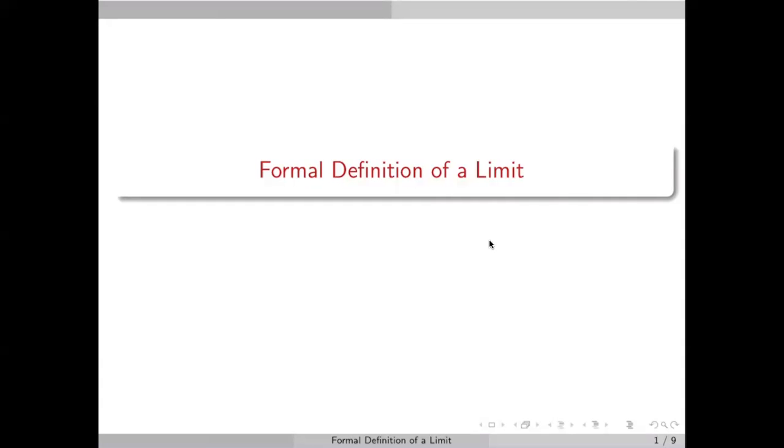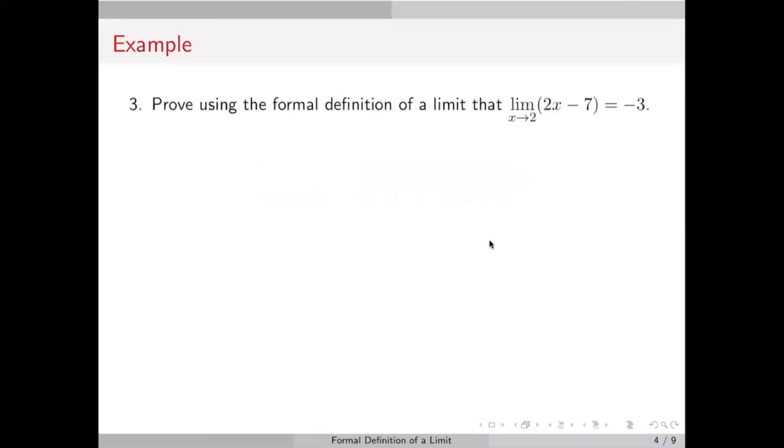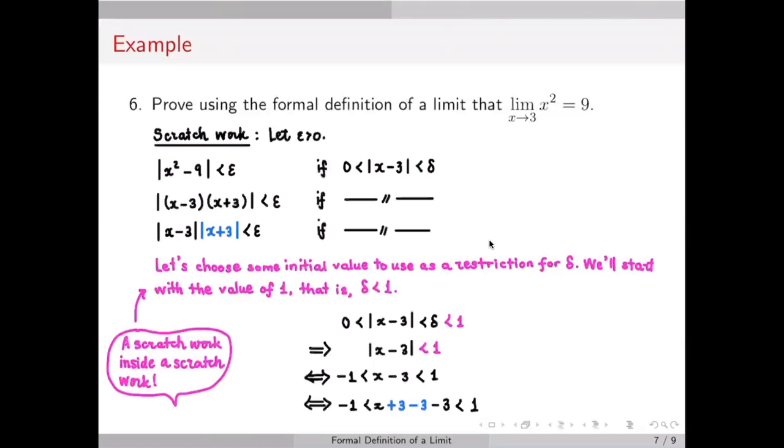So these are additional examples for the formal definition of a limit. We have seen the solutions or the proofs for the numbers from 1 to 5. Now let's look at an example involving quadratic functions. Prove using the formal definition of a limit that the limit of x squared as x approaches 3 is equal